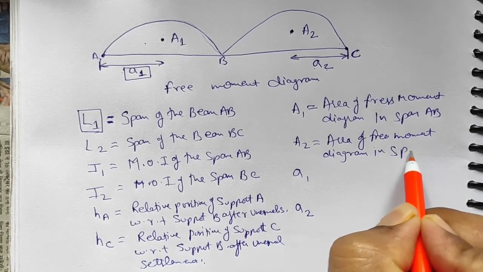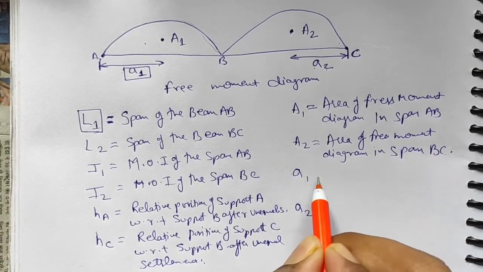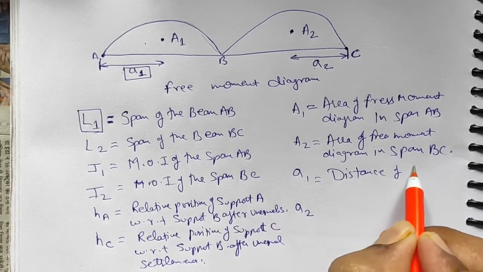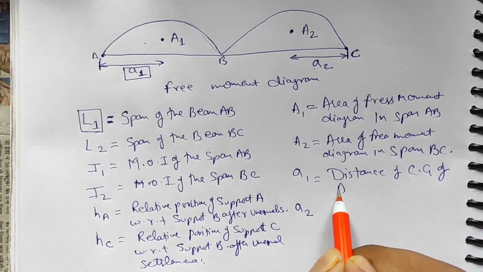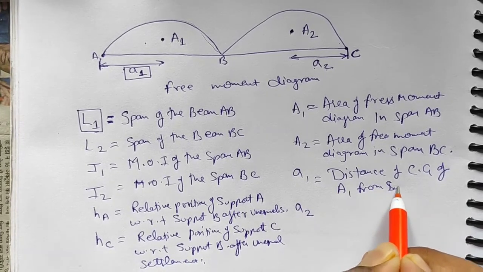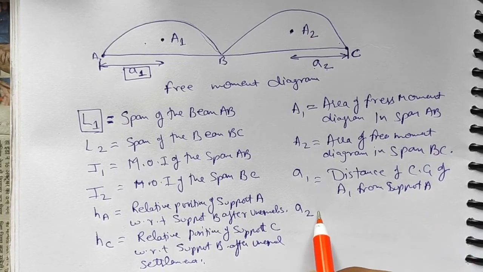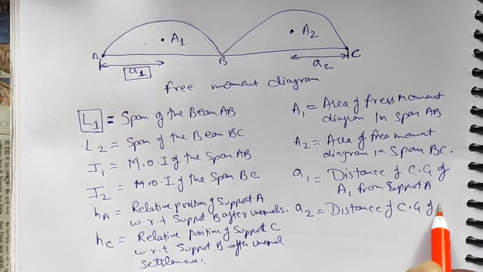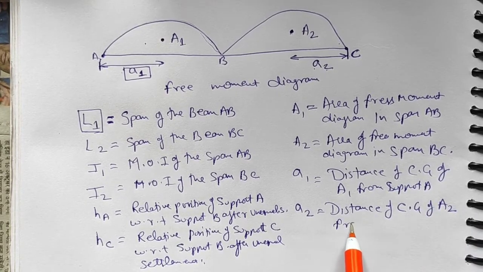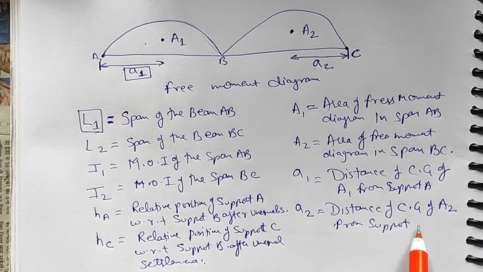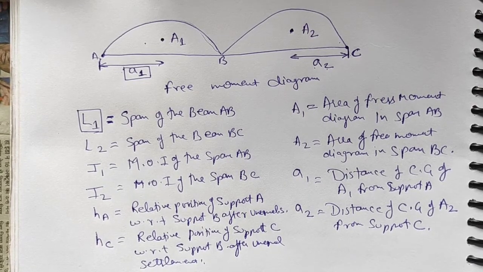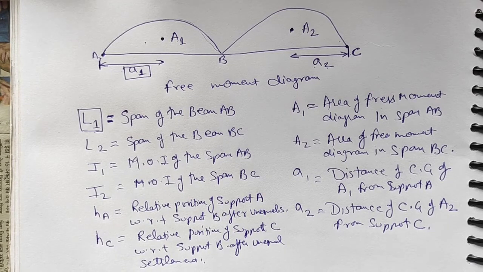in span BC, whereas small a1 is the distance of CG of A1 from support A and a2 is the distance of CG of A2 from support C. So these are the labels that we have given for our beam and the free moment diagram of the beam